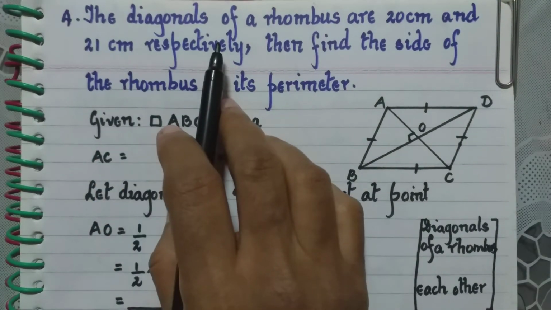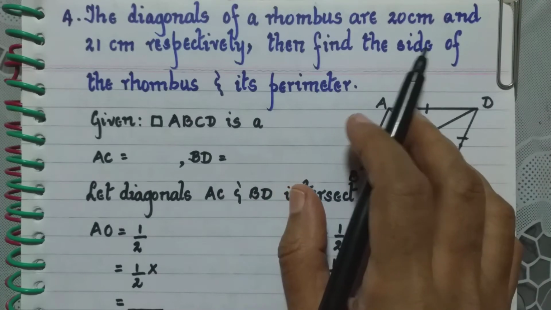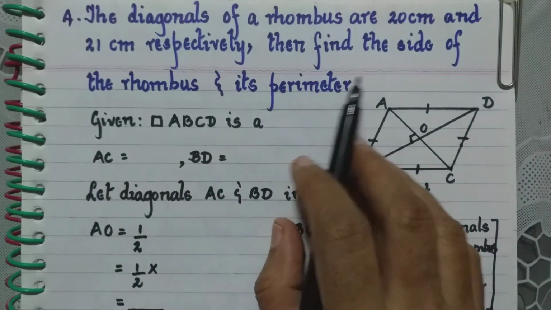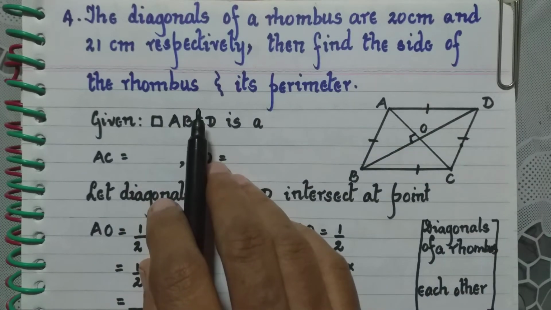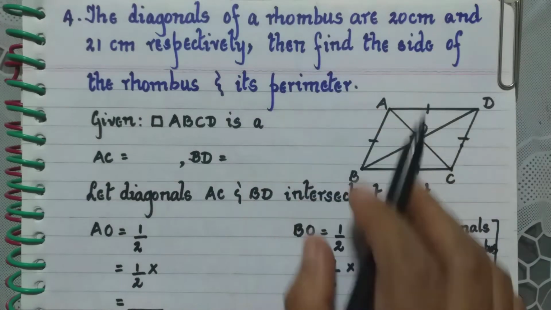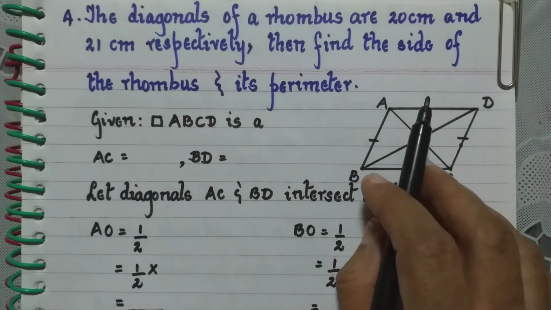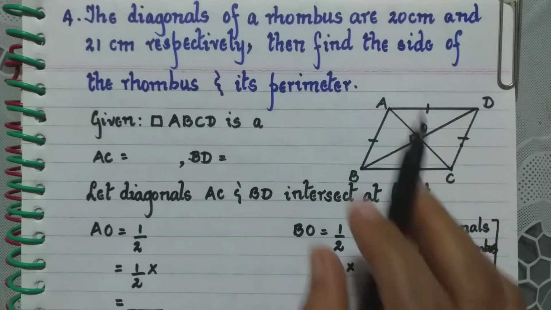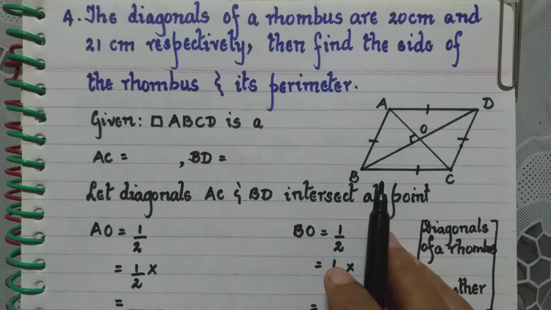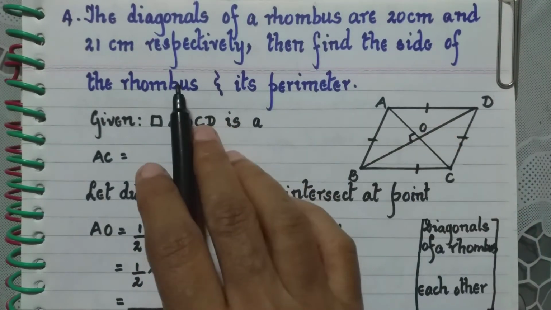Fourth question: the diagonals of a rhombus are 20 centimeter and 21 centimeter respectively. Then find the side of the rhombus and its perimeter. The given figure here is a rhombus. They have given the lengths of the two diagonals of the rhombus, which are 20 centimeter